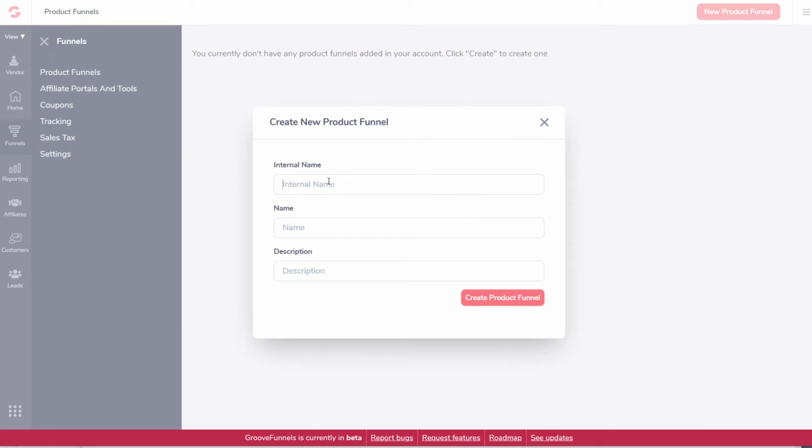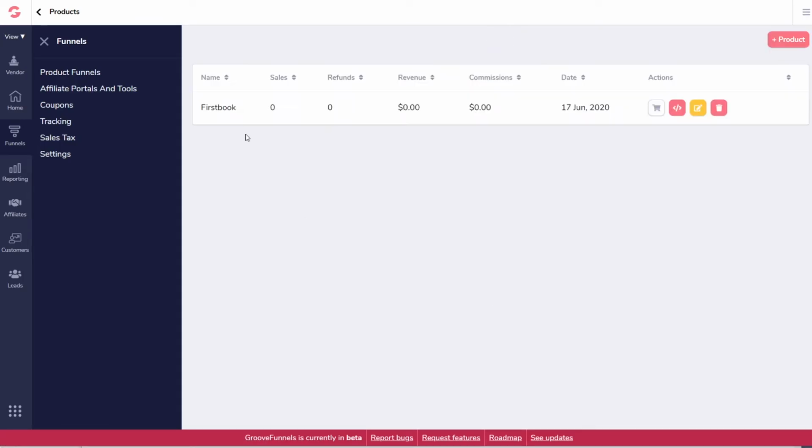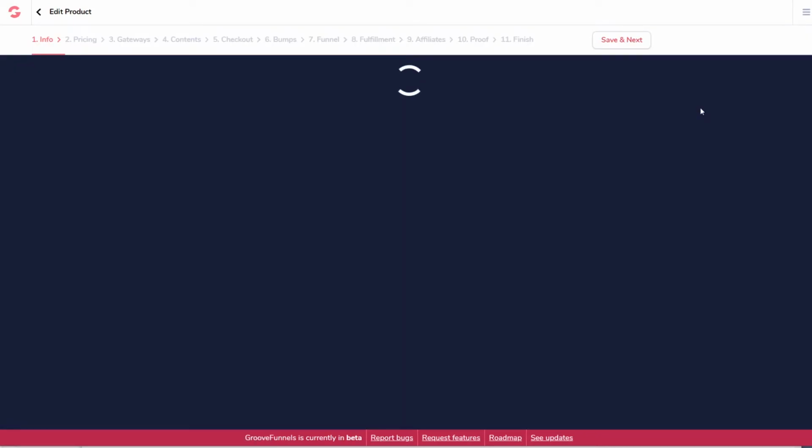I don't have any right now. So we're just going to sell a book. Name, first book, book funnel. Create a product, and then we want to go edit our funnel called first book,